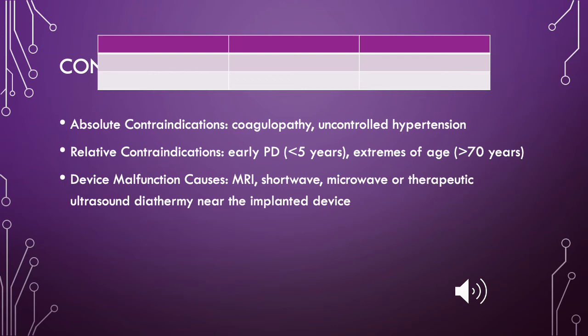Contraindications of DBS implantation include factors that increase either the operative risk or the risk of device malfunction in patients in whom the effectiveness of DBS is limited. Patients carrying an increased operative risk include coagulopathy or uncontrolled hypertension. Device malfunction can be caused by MRI using a full-body radiofrequency coil, shortwave, microwave, or therapeutic ultrasound diathermy near the implanted device. Patients with expected limited benefits include those with psychiatric illnesses, dementia, and cognitive deficits, and patients with unsuccessful